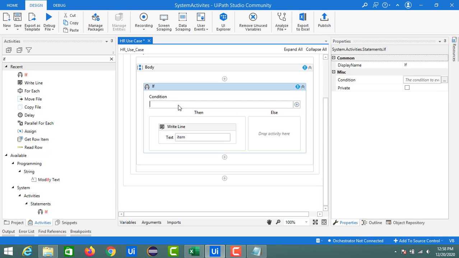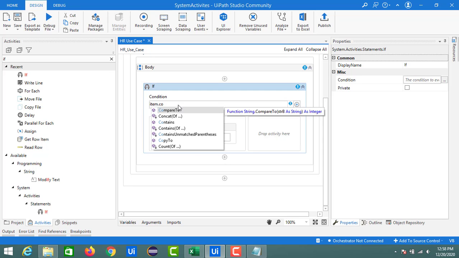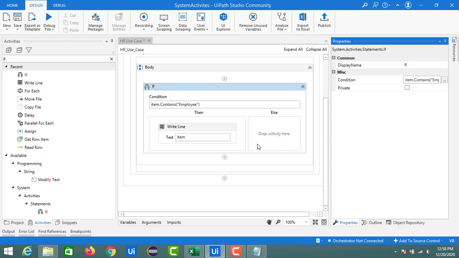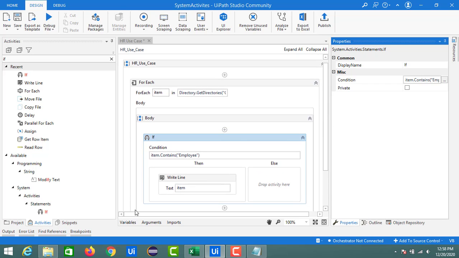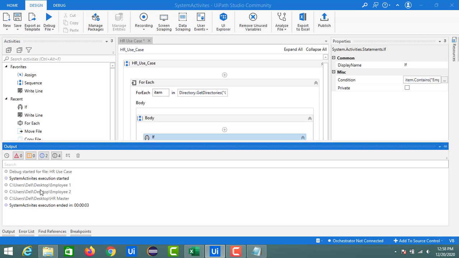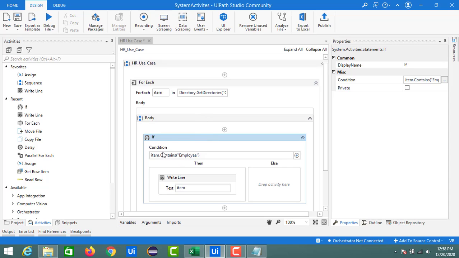Here I will write one condition like item.Contains employee. Okay, so here a condition is there which validates whether this item contains the employee. Then my Write Line activity will execute. It means, suppose we have seen there are 3 folders with the names HR master, employee 1 and employee 2. Whenever we identify the employee with the help of this condition, this If condition will execute and